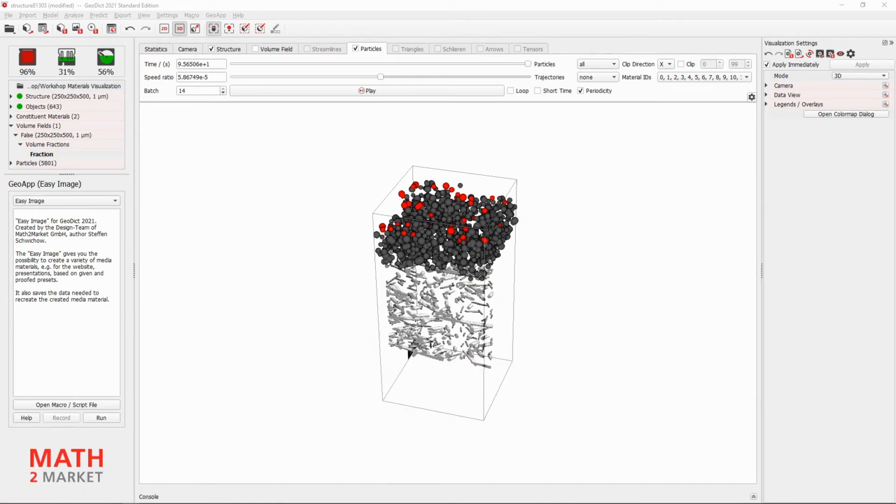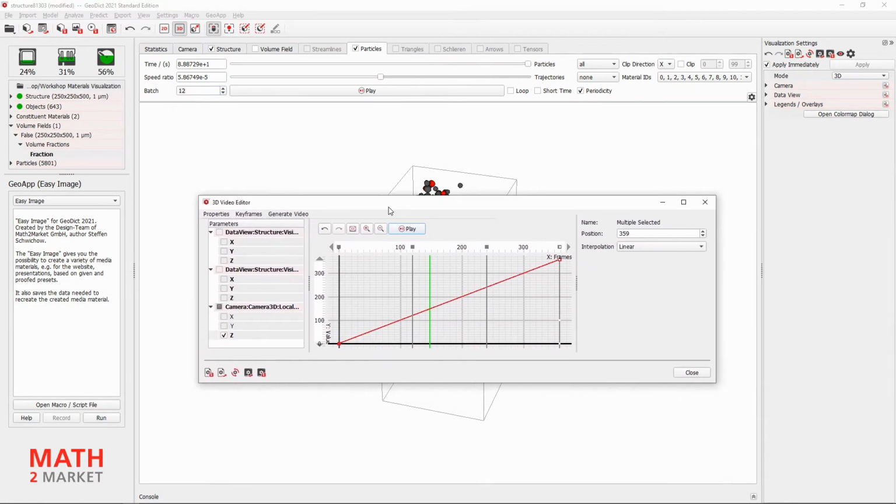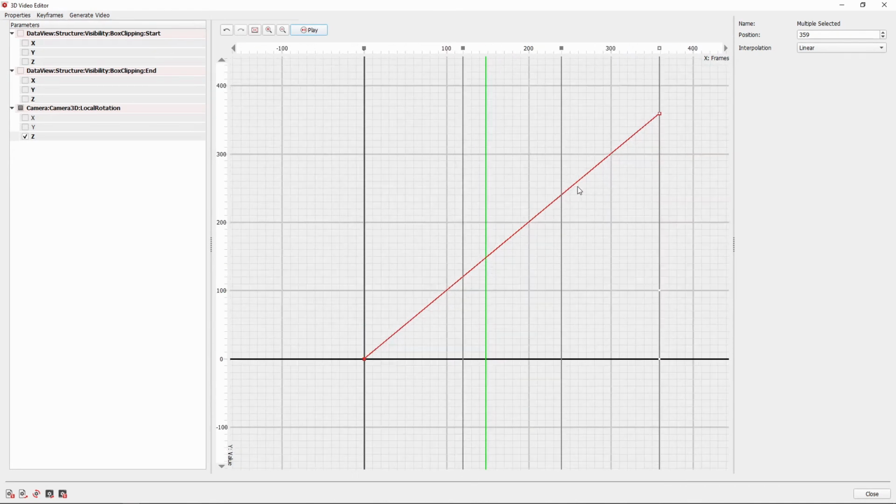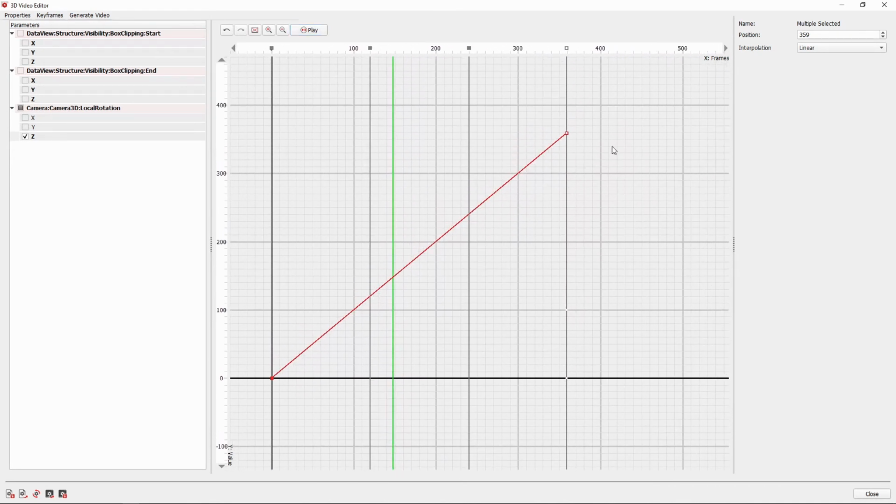We will use the video editor's automatic detection system, which recognizes when values have changed but are not selected as parameters. First, we have to change the desired value, in our case the batches, to trigger the recognition. To do this, we switch to the particles tab if we are not already there and change the value of batch like this. Then we maximize the video dialog again and zoom a bit out and move the graph panel so we can see further to the right of the last keyframe at 359.